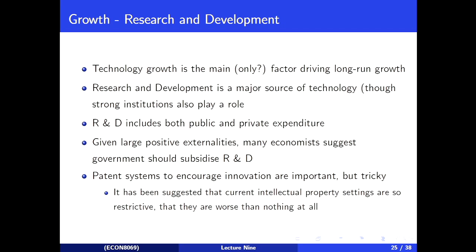Again, there's an upside and a downside to putting in protection. The downside of putting in protections to intellectual property is that I develop a new drug, but no one can see how I've made this drug, and so no one can improve upon the drug that I've made. And also, because I have the sole ownership of that drug, I'm going to be charging a lot more than the marginal cost for that, right? Because I'm going to be the monopolist producer. So I'm going to be producing a lot less than the social optimum.